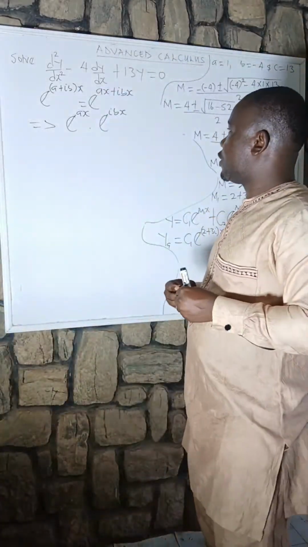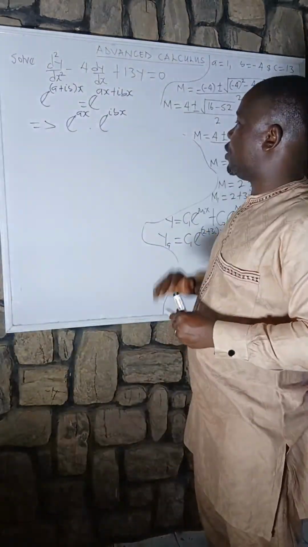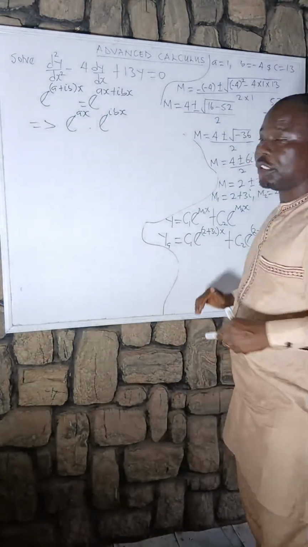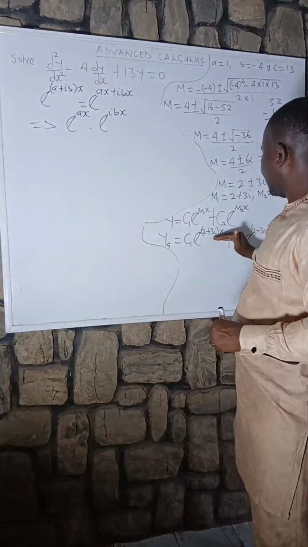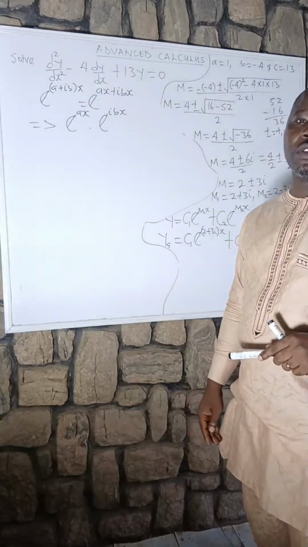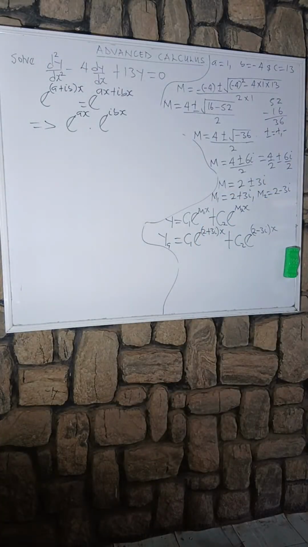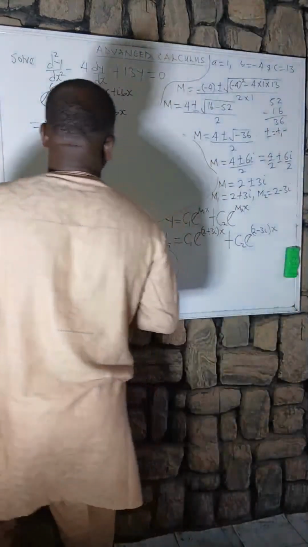Because I want to do something here. So look at what I have just done. I want to break it down. I told you I want to break this thing down, since we have complex real roots. So look at the board very well. True or false? So if you agree with me, it implies that here we can